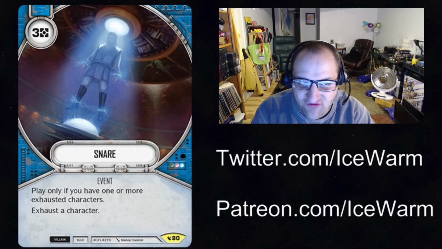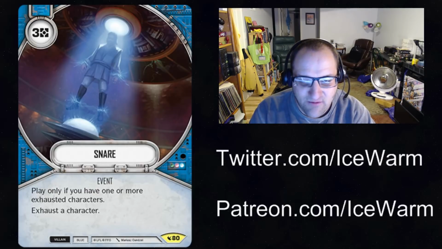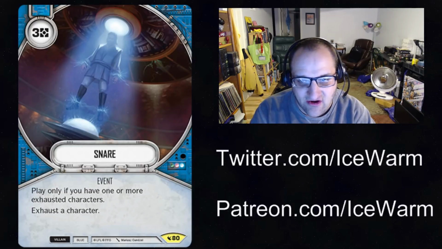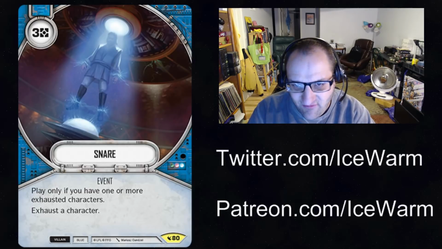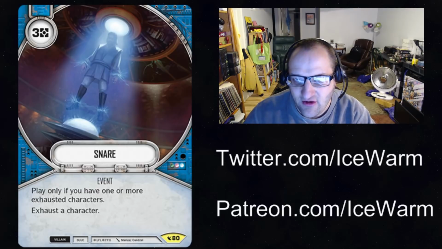So 3 resources to, let's say you roll out your character, they roll out their character, they still have a character to roll out. You pay the 3 resources, and you exhaust their other character, making it so they can't roll that character out. 3, kind of expensive, but really strong effect, making them not be able to roll a character for an entire round or force them to use something like leadership to ready that character is a pretty